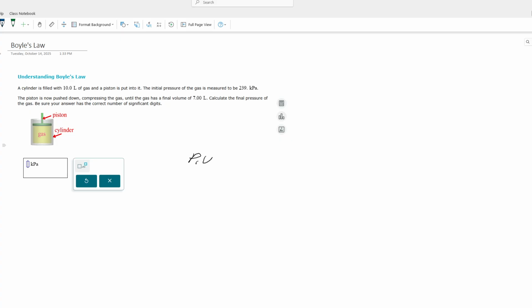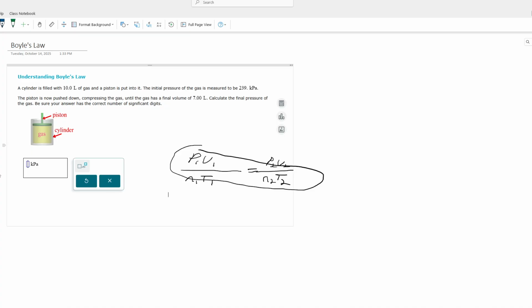P1 V1 over N1 T1 is going to equal P2 V2 over N2 T2. Okay, so it's just easier for me to remember this. It's a terrible circle. It's just easier for me to remember that than each of the individual laws and know